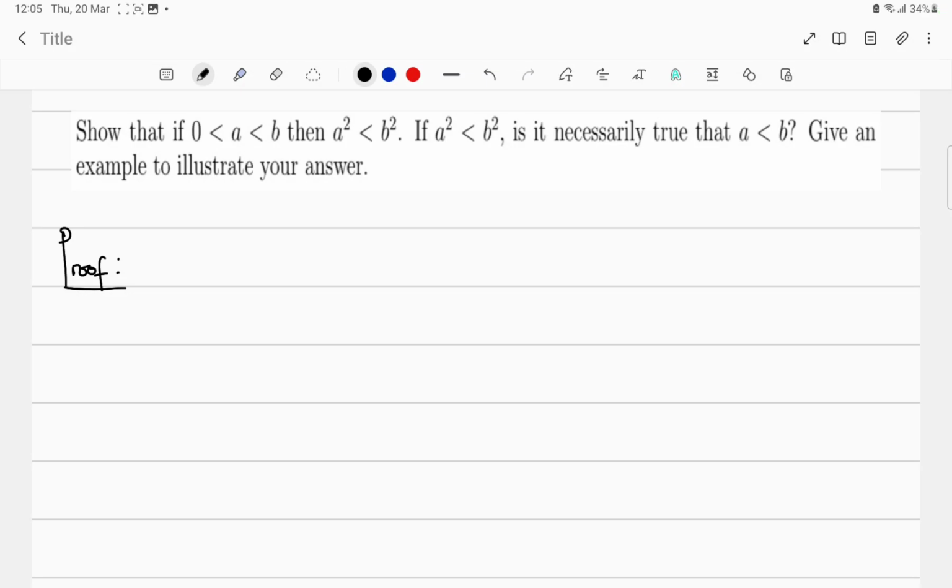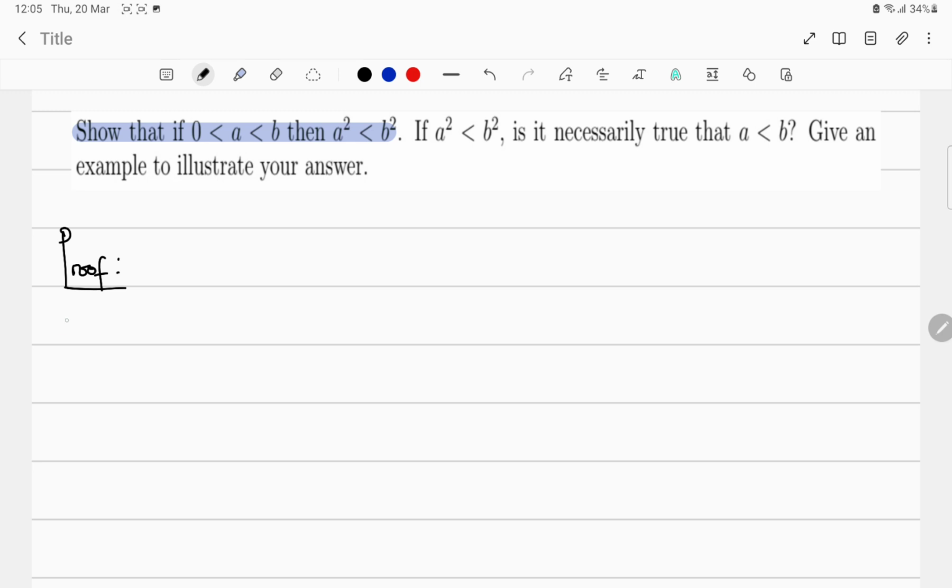In this video, we are going to be showing that if we are given a and b as real numbers, if 0 is less than a, which is less than b, then a squared is less than b squared. That is the first part which we want to prove. Then after that, if a squared is less than b squared, is it necessarily true that a is less than b? Give an example to illustrate your answer. So the first part,